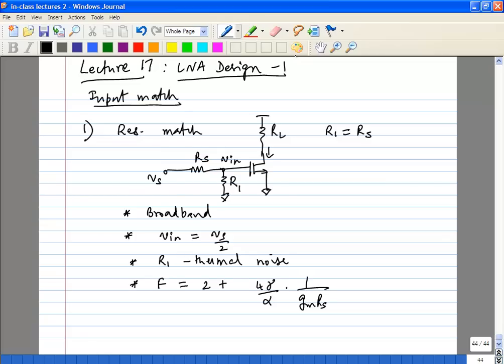So obviously, what does this mean? That's your noise factor. So your noise figure is definitely greater than 3 dB, because you already have a 2 there. 2 stands for a noise figure of 3 dB, right? So that means you cannot even imagine to have noise figures of 0.5, 1 dB or something like that, which is required in many cases. So definitely noise figure is greater than 3 dB. And that's a fundamental problem. We saw why, right? First of all, you're cutting the signal by half and you're adding noise from R1. So obviously there's a problem. Okay. So let's see what else can be done.